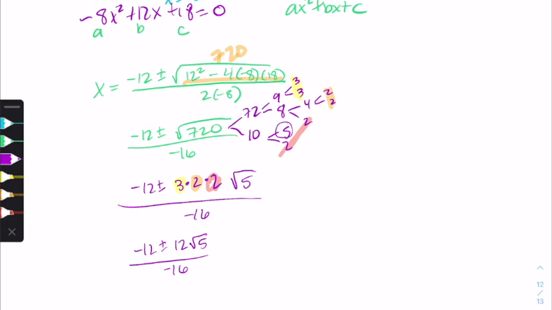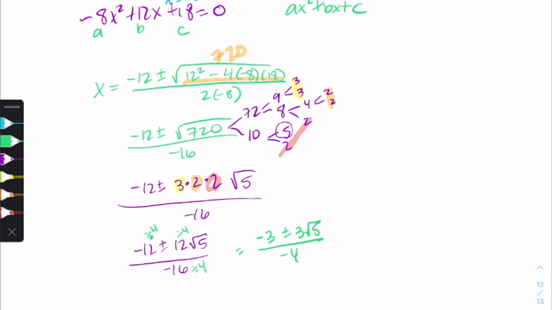Okay. Now, what you want to do now is you want to look for this term, and this term, and you want to see is there anything that's in common with all three of those. You're not looking at what's underneath the root, you're just looking at what's outside of the root. And I can see that 12, 12, and 16 all have a common factor of 4. So I'm going to divide each one by 4. So negative 12 divided by 4 gives us negative 3, plus or minus 12 divided by 4, that gives us 3 root 5, all over negative 16 divided by 4 is negative